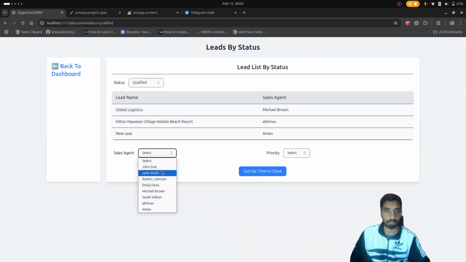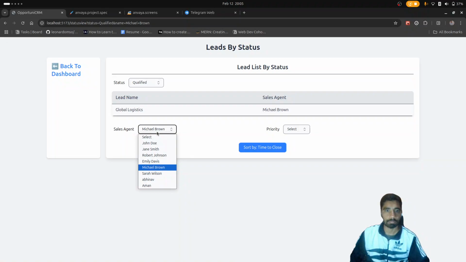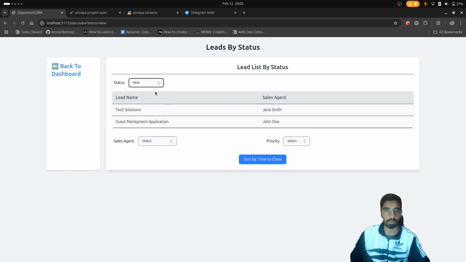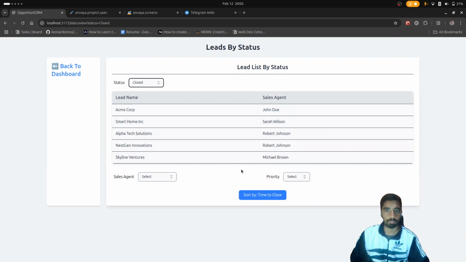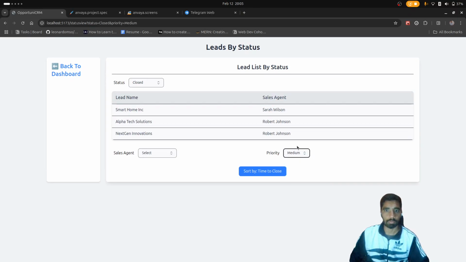And it will check by John Doe, Smith. So it will show priority high.